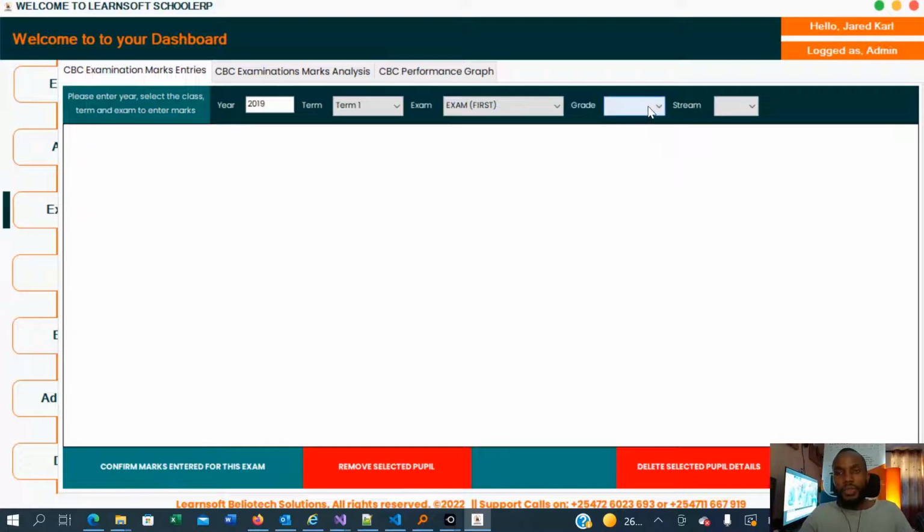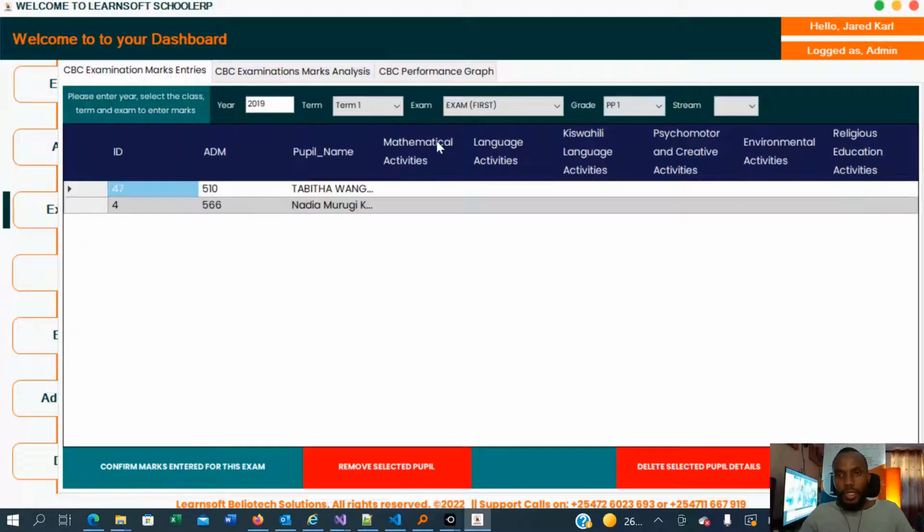And according to how they have been categorized, PP1 and PP2 are doing lesser subjects, and the subjects increase as you go to the higher grade. So I'll choose PP1, and then we need to see what comes in place. So in this case, I have two students who are in PP1. Of course, you can be able to see their name, but the subjects in place here, we are doing mathematical